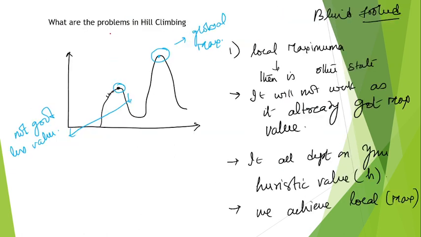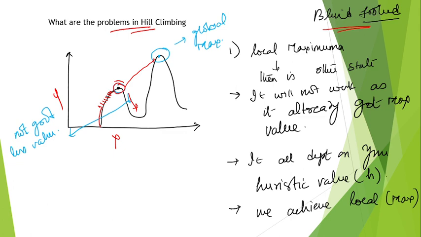Now what are the problems in hill climbing? If you are going up blindfolded, this is my x-axis and this is my y-axis. You are going up, and up, and up, and then your steps are at a standstill position. You think this is my maximum position. When you remove the blindfold, you see there is one more high peak available, which should be your max, correct? But you cannot go down. This is not backtracking.